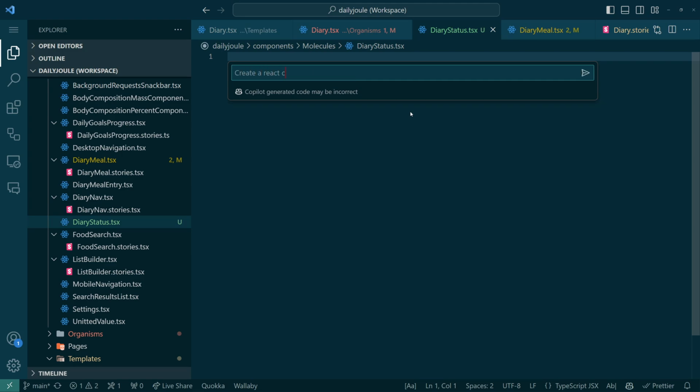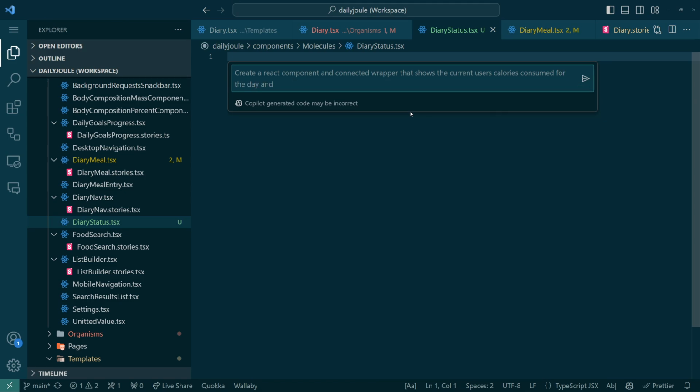Create a React component and connected wrapper that shows the current user's calories consumed for the day, and the remaining calories left according to their calorie goals from their user settings. I don't have a lot of hope that this is actually going to work. Now I'm gonna save that as just a thing I can use as a comment,